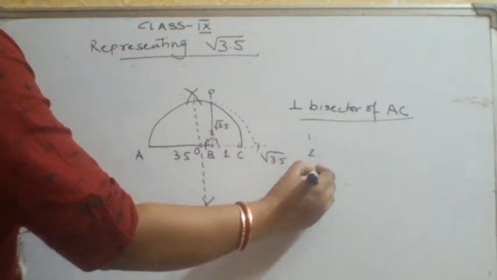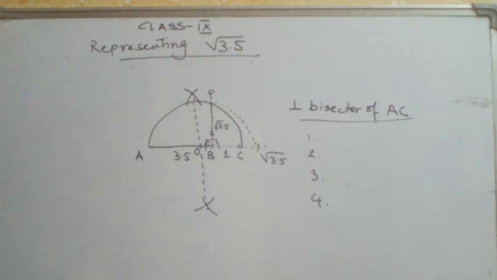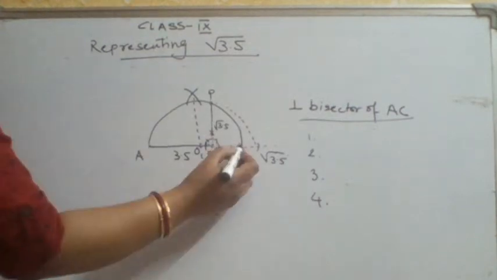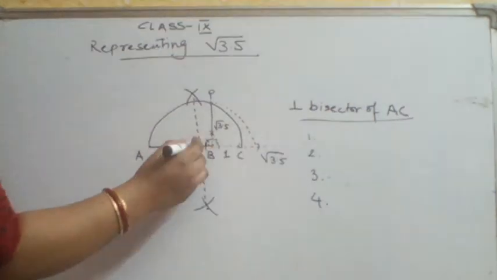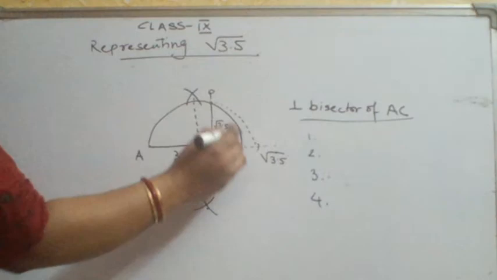You may be asked the steps, or it is better if you write the steps of what exactly you have done. So you will simply write the steps: draw line segment AB equal to 3.5 centimeter. Then you say this AB is extended by 1 unit. So finally AC. Draw the perpendicular bisector of AC, with O as center and OA as radius, draw a semicircle, and